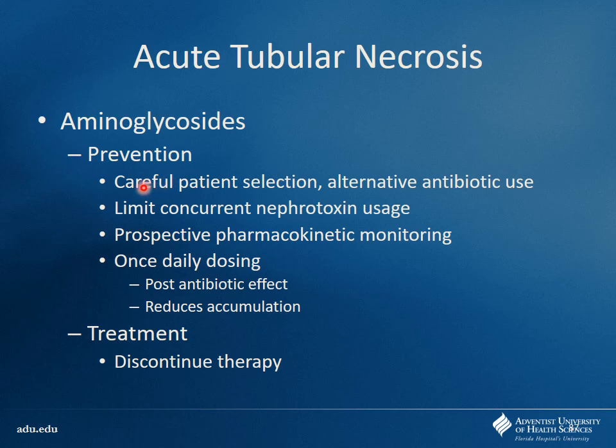So in prevention, if you again can use alternatives, great. If not, then you've got to use what you've got to use, and then limit those concurrent nephrotoxins. And this is where we do a lot of pharmacokinetic monitoring. This is where we're going to be monitoring all those levels. Again, after it gets to steady state, always want to make sure you're doing that, because otherwise you can adjust